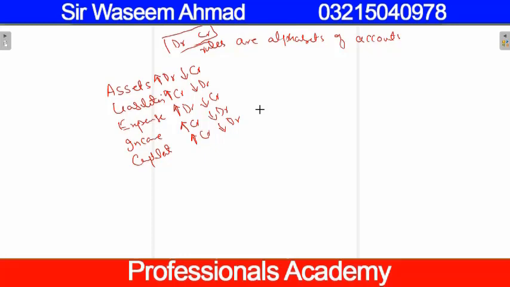And you have to remember that every transaction has two aspects. If we define the transaction, it is exchange of property. Now the property is something which is physical. It is not necessary that every time you exchange something which is physical in nature, which is touchable.